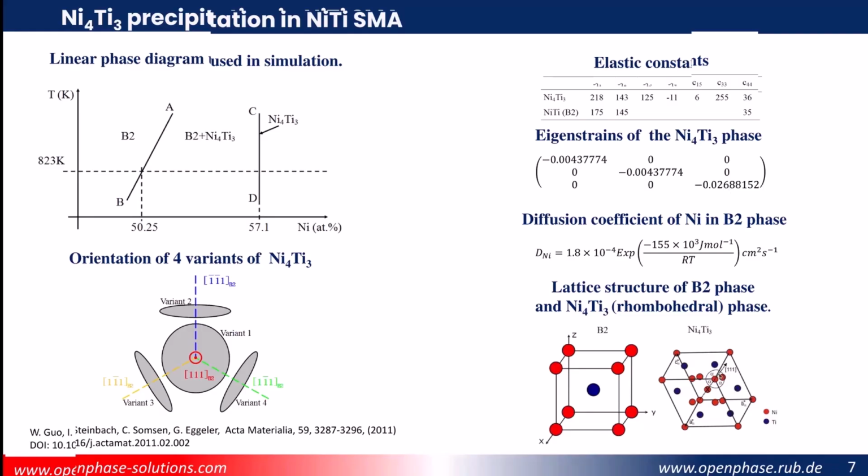And since this is a rhombohedral system, there are 4 symmetry variants, and that's actually one of the other interesting aspects that we'll be looking at. We will look at how to incorporate different symmetry variants into the simulation, by providing input for only one and an input on how to generate the rest, all 4 symmetry variants. Since we have 4 independent 1-1-1 directions, we get 4 different orientations of the